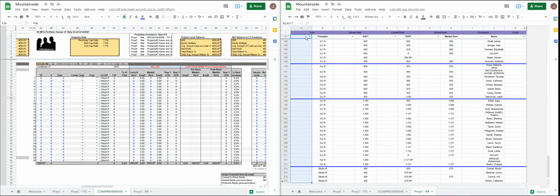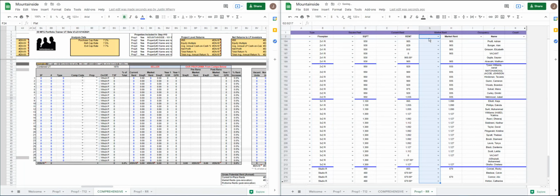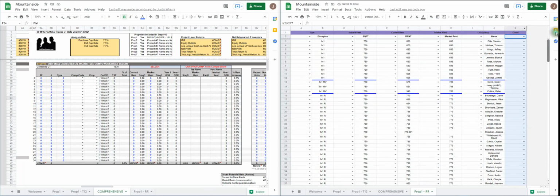Let's select that entire column. I'm gonna press Control D. Select this entire column. Control D again. Same thing. Just do that throughout the entire document, wherever you see a drop down in the rent roll. All right. Now that we've got a drop down in each one of those cells for each of those columns,